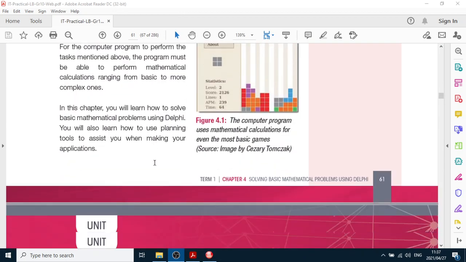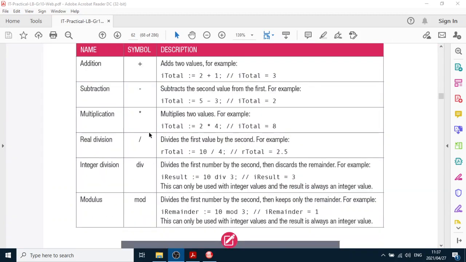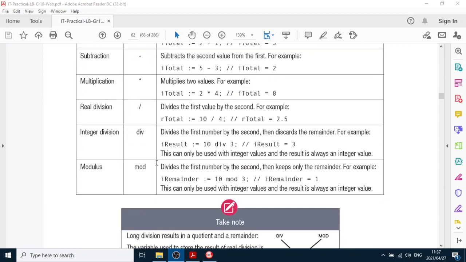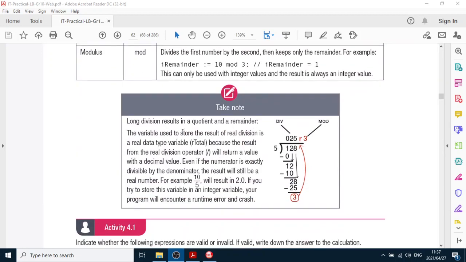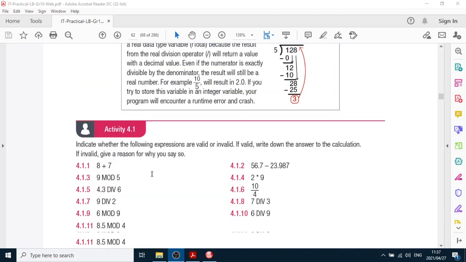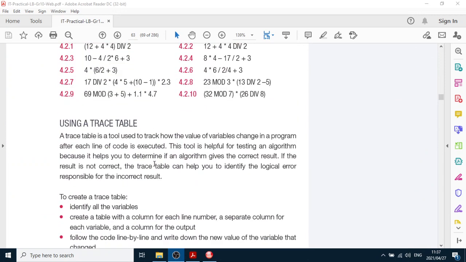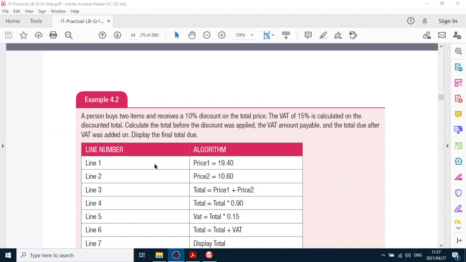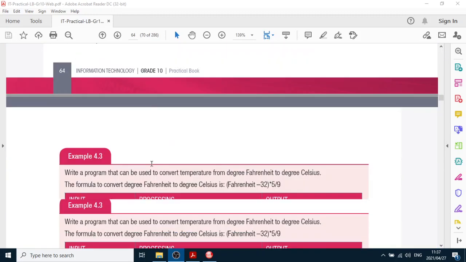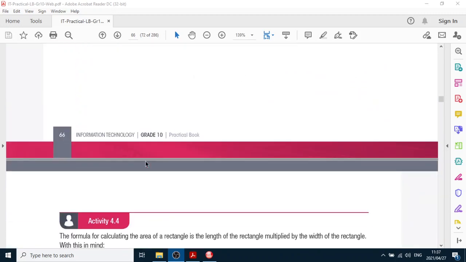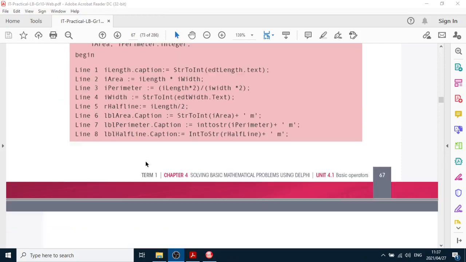You'll see that we've done this section with all the different mathematical operators, basic ones, and div and mod, which I explained. And if you want to revise, you can go and look at this particular page here about the div and mod. It's explained over there, like I explained to you, and those activities that we did. And this exercise we're going to do now is all about using the mathematical operators in a program, and we're going to do activity